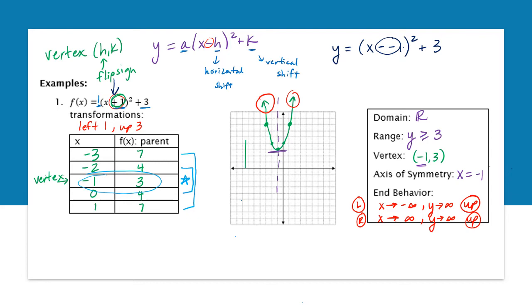as x goes to the left, is my graph going up or down? And as x goes to the right, is my graph going up or down? So I like to think of it that way as I'm writing. And then I just have to remember